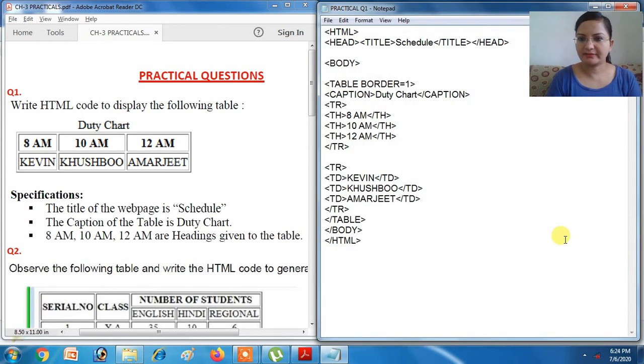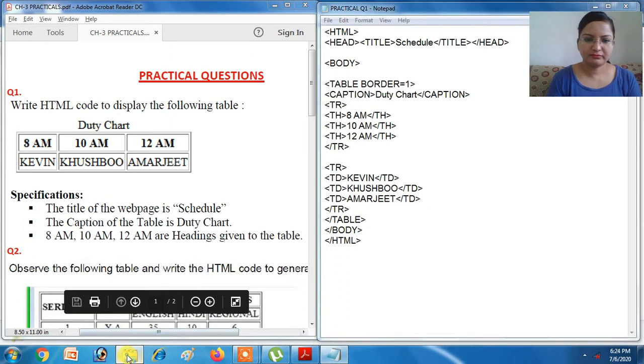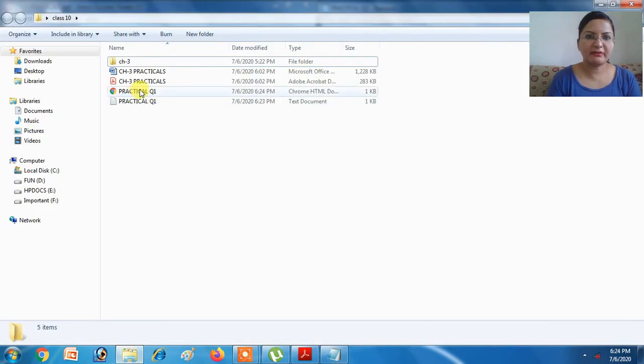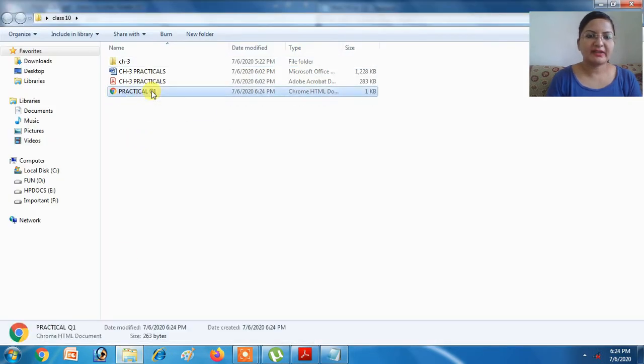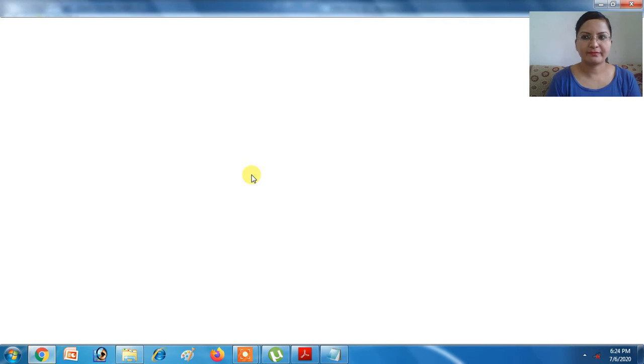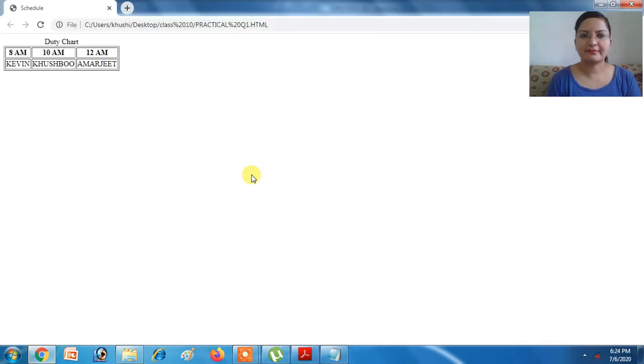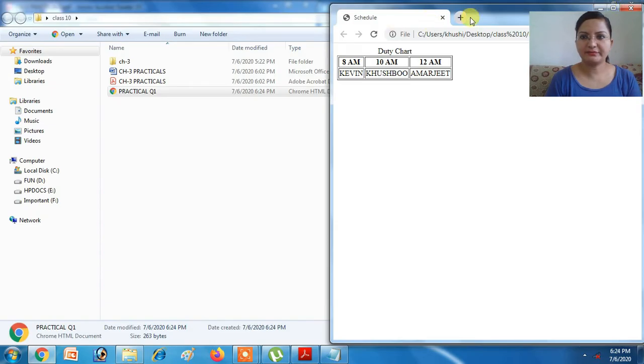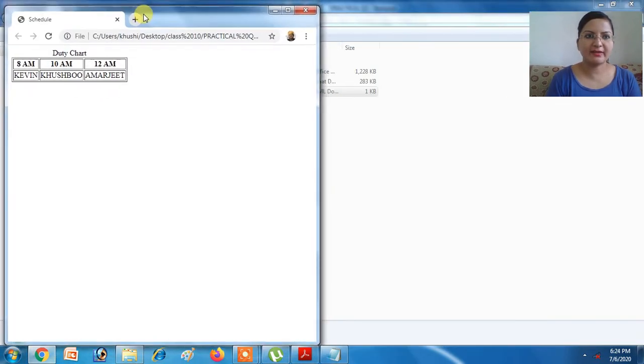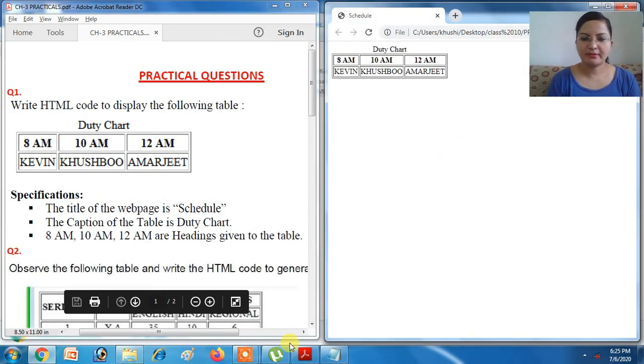Save it. Go to the respective folder. Here you can see this is the practical question 1 HTML document. Open it. You can see the practical is exactly the same as we want. Now the next question.